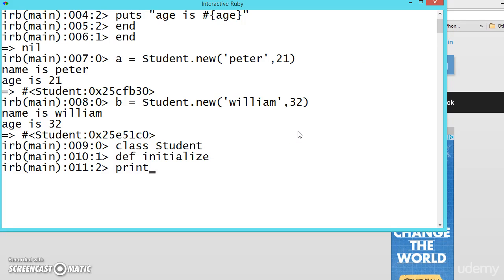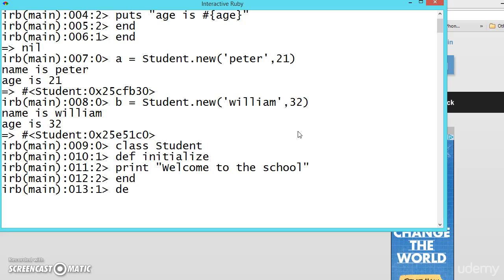Now let us write print welcome to the school, and let us declare one more function with details.